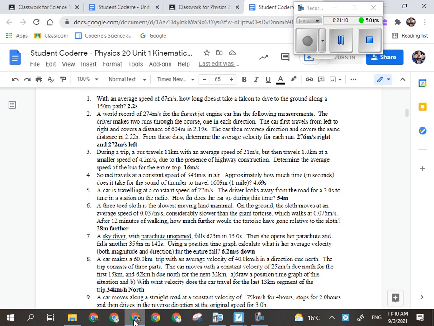Actually, this is just like the one I just did. It's not an acceleration question. I know you're thinking because it's gravity, it's acceleration, but it's simplified. Yeah, you would be accelerating, but we're saying